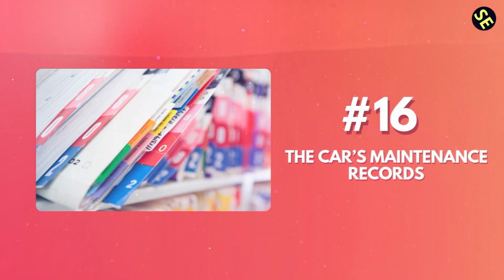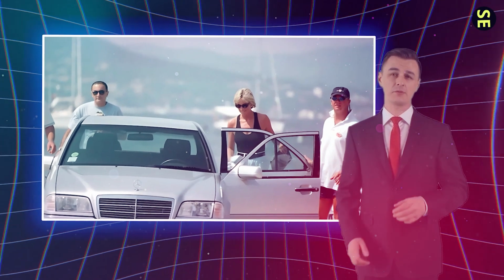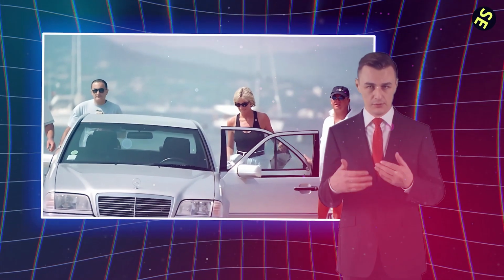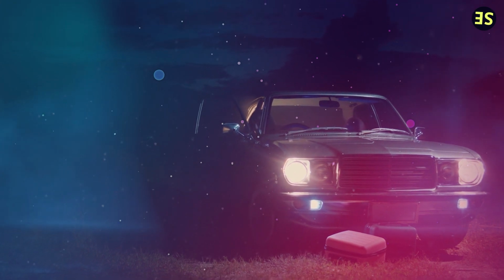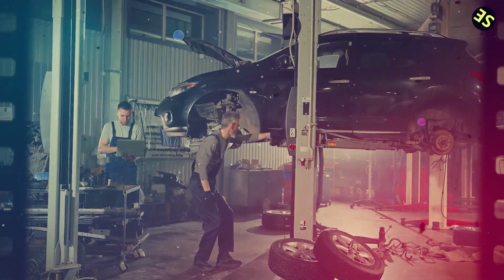Number 16. The car's maintenance records. The Mercedes-Benz involved in the crash had a controversial history. Reports suggest that the car had been in several accidents before and may not have been in the best condition on the night of the crash. Some discrepancies in the vehicle's maintenance records have raised concerns about whether it was safe to drive at all. Critics argue that if the car had mechanical issues, it could have